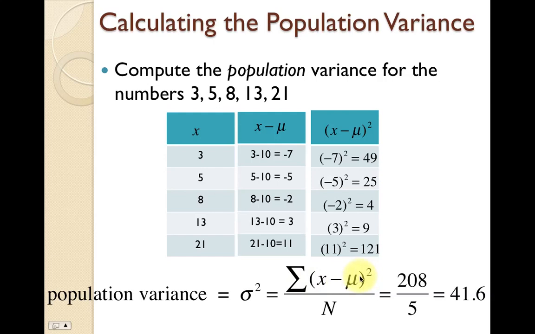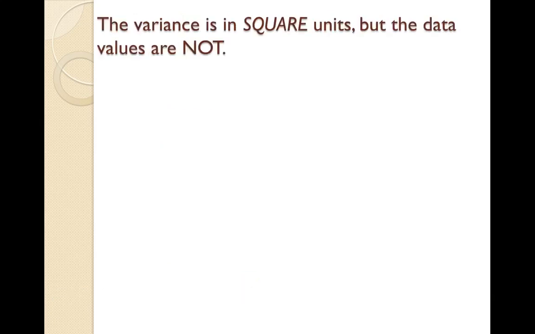That becomes 49 plus 25 plus 4 plus 9 plus 121. That's 208. Divided by n, which is 5, the size of the population, 5. And that comes out to be 41.6. And the notation for the population variance is sigma squared. Lowercase Greek sigma squared. Okay, the variance is in square